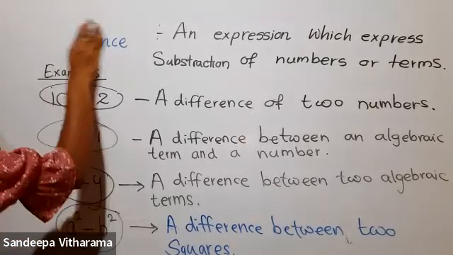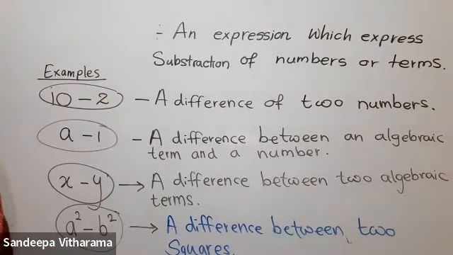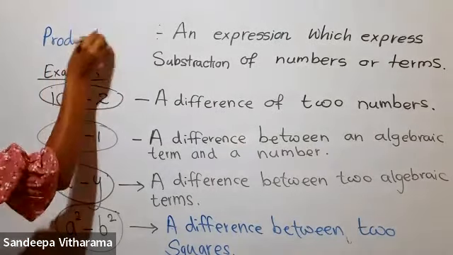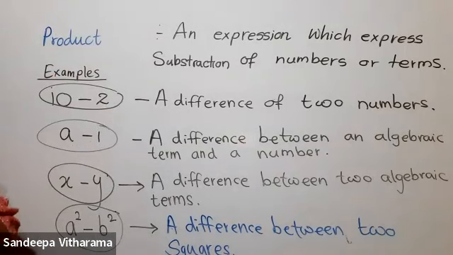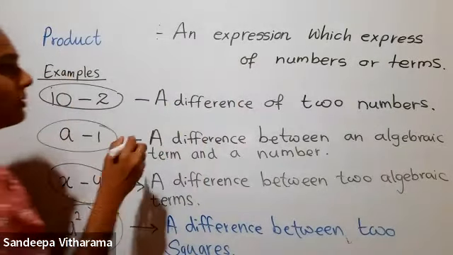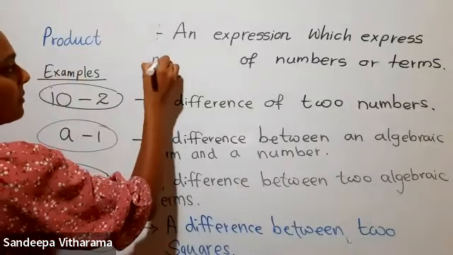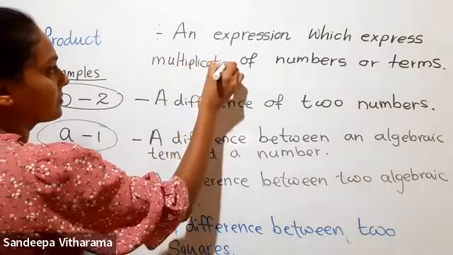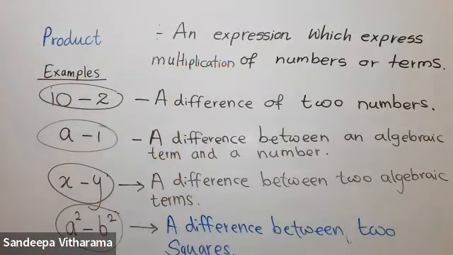Okay, when you finish with the difference, let's move to the product. Product is an expression which expresses multiplication. Multiplication of numbers or terms. Multiplication. එයා express කරන්නේ product එකක් කියලා කියන්නේ it is multiplication. Okay,